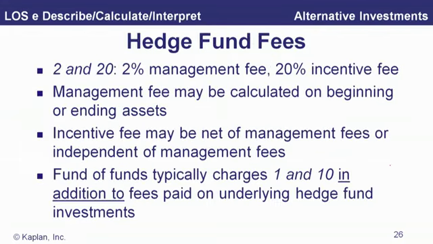Okay, let's have a little more detail on hedge fund fees here. A common structure is a 2 and 20. The 2% management fee, that's each year on assets. 20% incentive fee, 20% of the gains go to the general partners, the managers, and we'll see some adjustments to these, some additional factors that may come into it. So this is kind of our starting point, a 2 and 20.